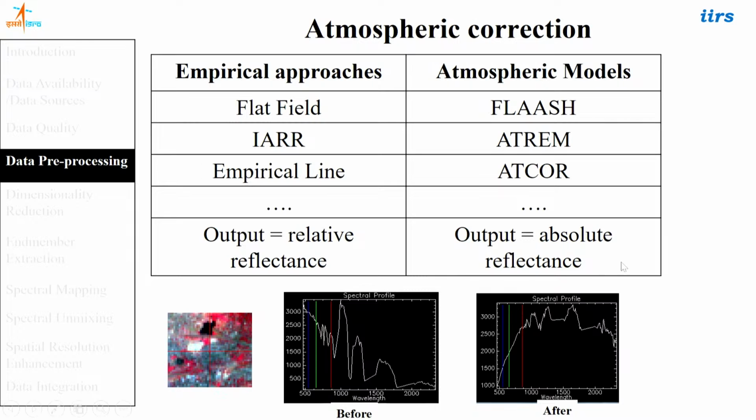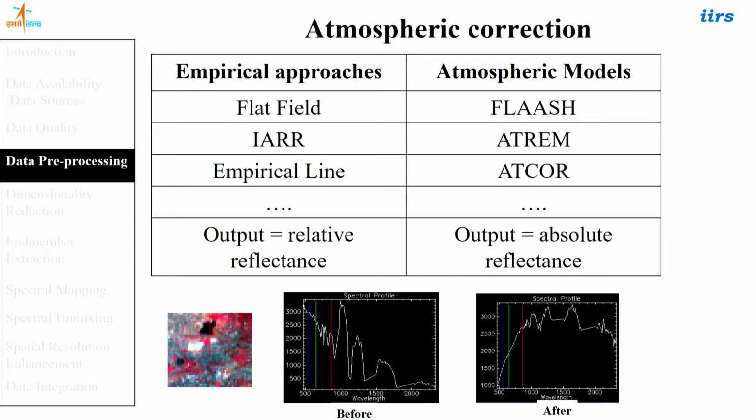FLAASH is one of the techniques, the fast line-of-sight atmospheric analysis of spectral hypercubes. ATREM is atmospheric removal, and ATCOR is one of the techniques available in two versions, ATCOR 2 and ATCOR 3. ATCOR 2 works when the area is flat. ATCOR 3 uses a digital elevation model for correcting, because your earth surface is not flat, it has undulations. So for proper correction, you require an external parameter, the digital terrain model, for proper